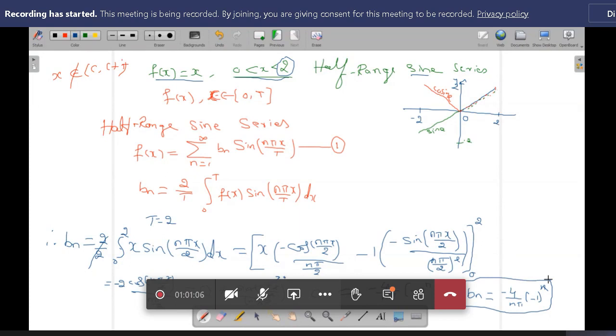Okay. So any doubt? I hope you can easily understand the calculation. Just see the question. Since I am not writing the complete question, maybe you are confused. So now you substitute this in equation 1. So equation 1 implies